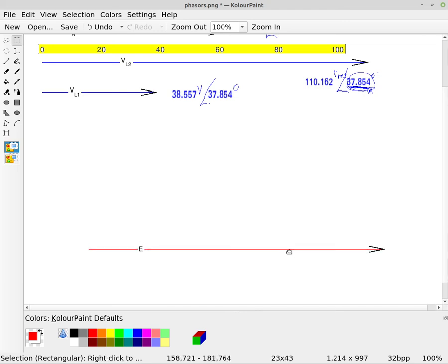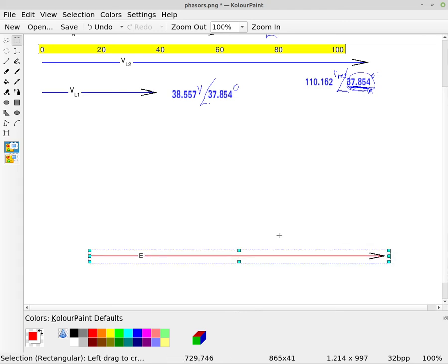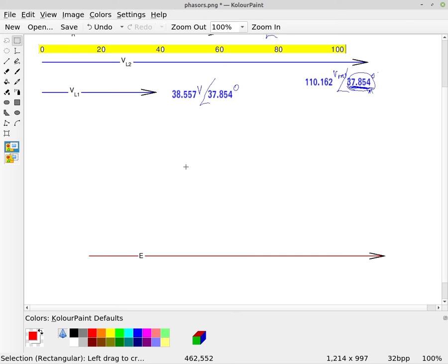This is what E is equal to, and then starting at this same point right here,